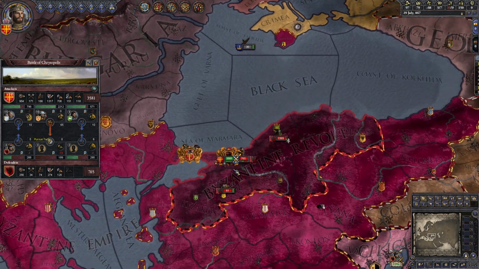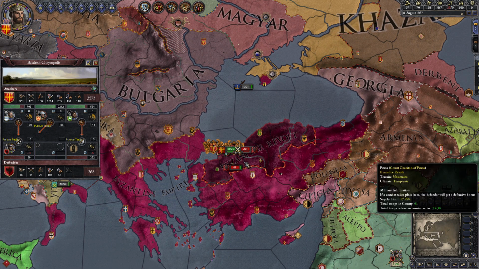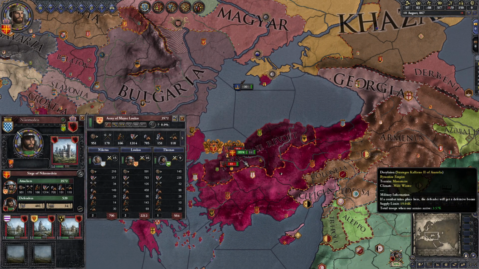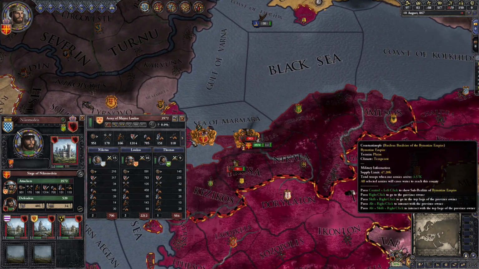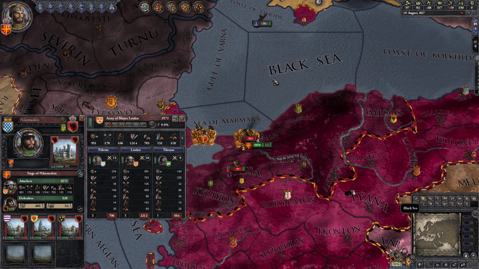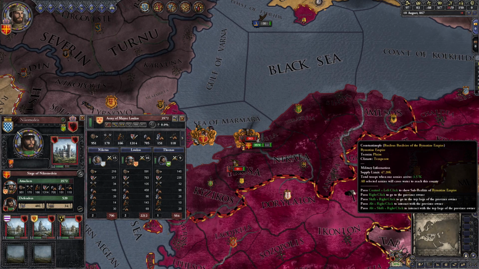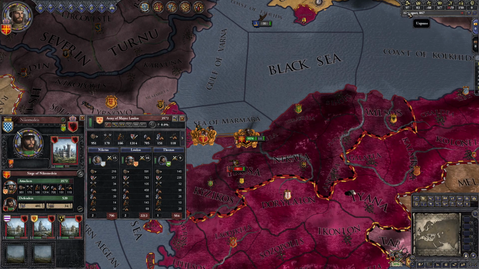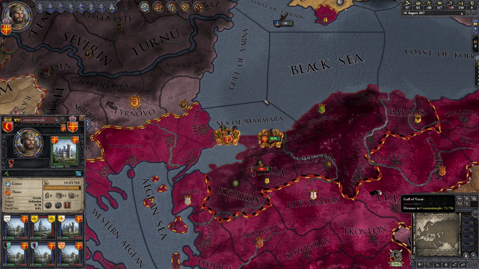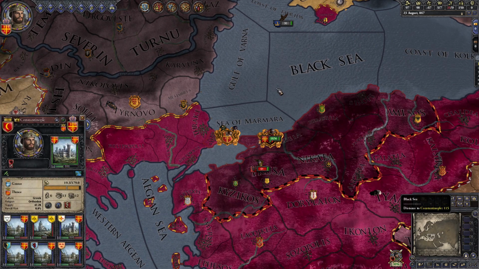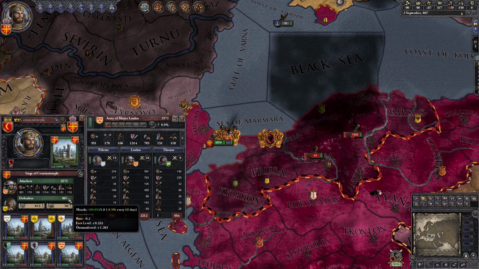Well, it was fun. We're moving our troops around, crushing the opposition. This is all fun and games. Cool. Alright, let's move on to sieges now. Sieges are going to work in much the same way that sieges do in real life. You have to surround the city. You have to cut them off from all retreats. And you've got to slowly weather the storm.